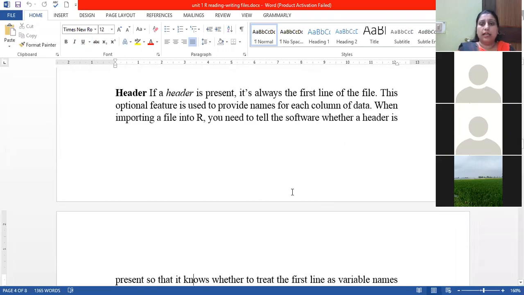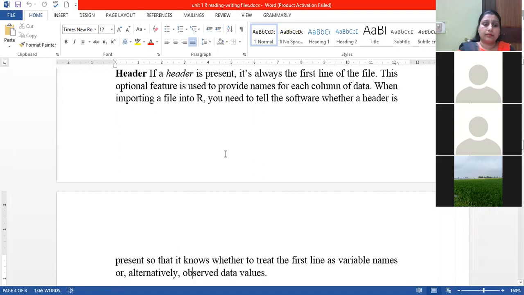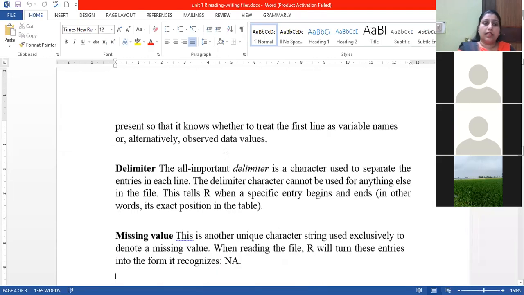One is header. The header is the first heading, or the first names of the entities. Then we have delimiters. Delimiters are the separators between entries. Then we can have missing values. We have seen some special values.